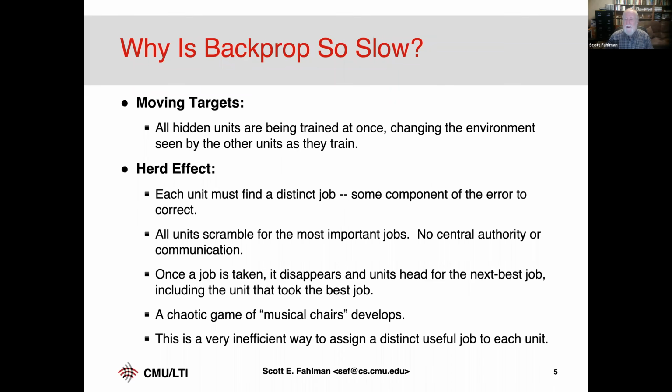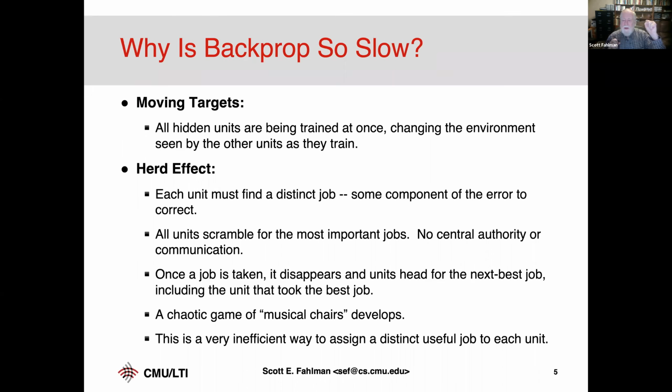We're trying to recognize the handwritten letter Q. You're going to be looking for the little thing that makes it a Q and not an O. And somebody else would do some different job. There's no central control over this. All the units are looking around at all the others, trying to find a job to do, trying to figure out what the others are doing. And after you watch this on a simulator, you see that they're running around as a herd. The initial variability, they're scattered all through the space of learning parameters. But when an error comes along, you're starting to train the thing.